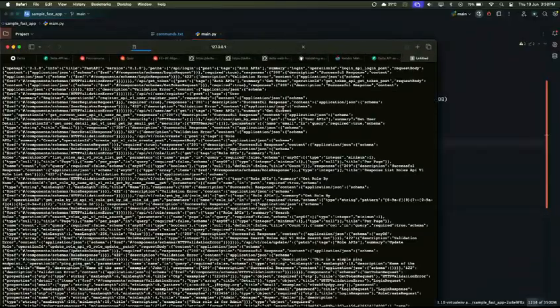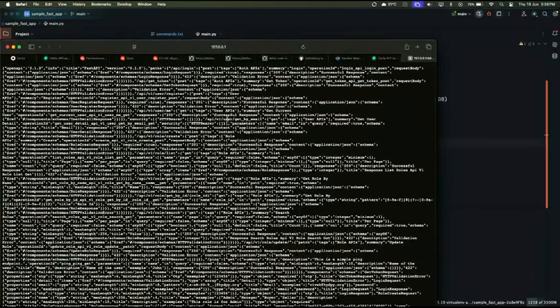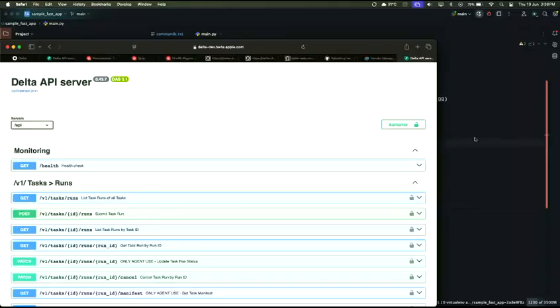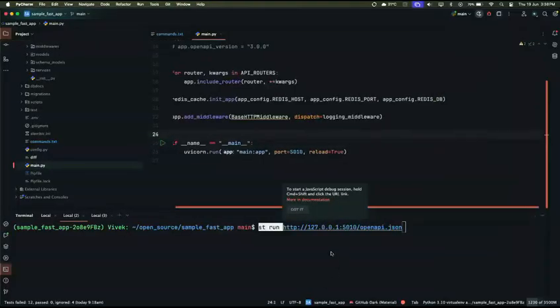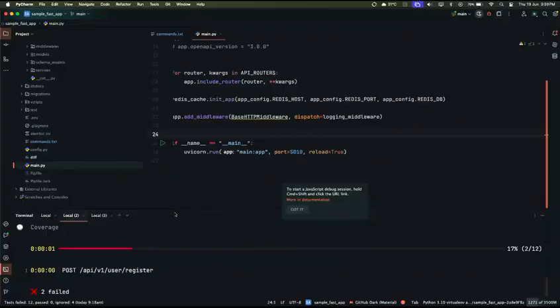If I click it, this is the OpenAPI spec JSON that it generates. The Swagger that we were seeing earlier is based on this JSON file, and Schemathesis reads this JSON file to understand the properties of the APIs. So here if I just do st run, st for schemathesis, run, and the URL to my OpenAPI spec, and run it, you see it has started testing,